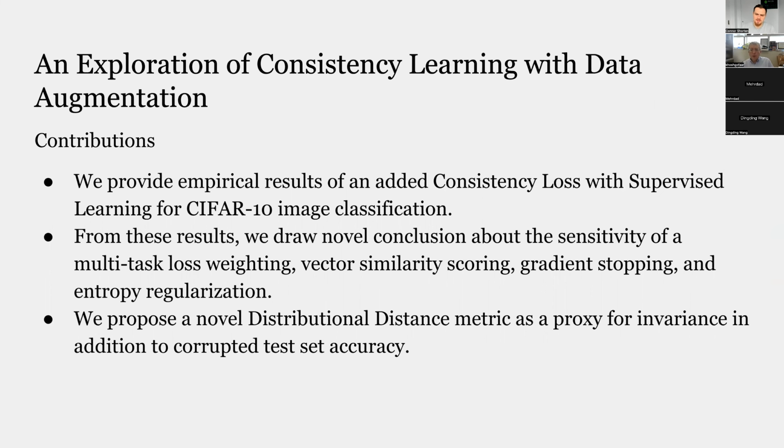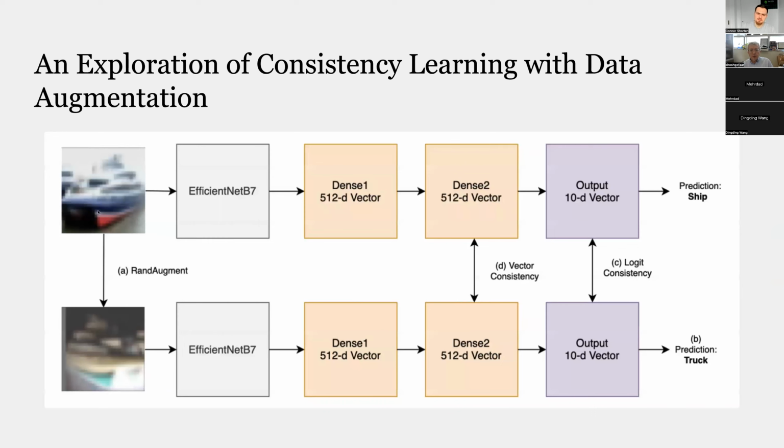So we have this consistency loss, where what we do is usually you take this image, you pass it through some, say, neural backbone, like EfficientNet-B7, which is a convolutional model, but it could be the vision transformer or something like that. Then you usually flatten it out into vectors and then put it into a classification vector. So what we had is, in addition to the prediction of ship, this kind of optimization, we also had the consistency loss on its augmented counterpart. So you augment the image, and then you also have this vector or logit consistency, where you do the KL divergence of these two representations of the data in addition to the high-level class prediction.